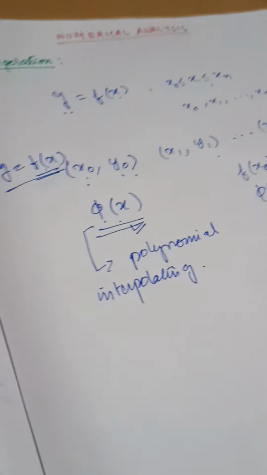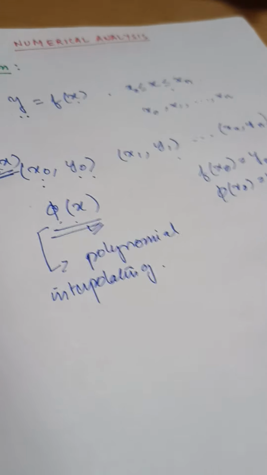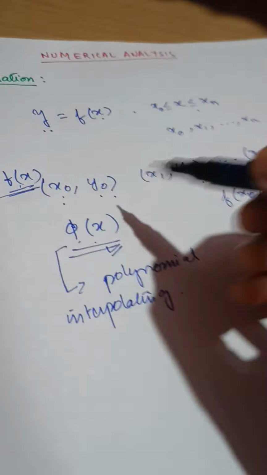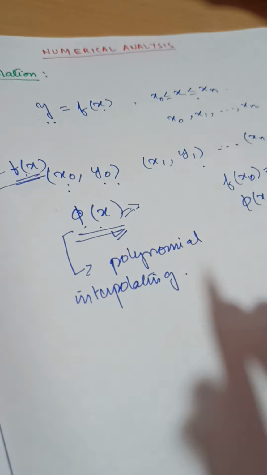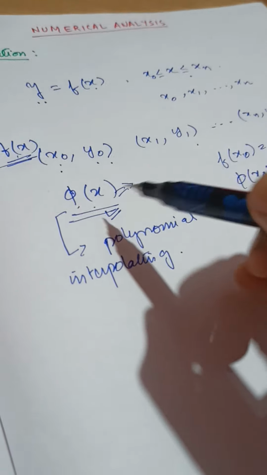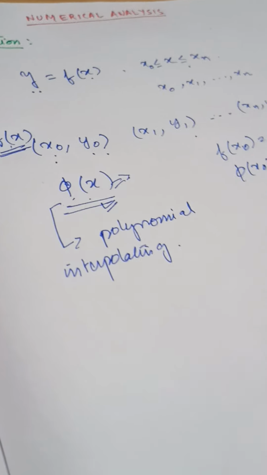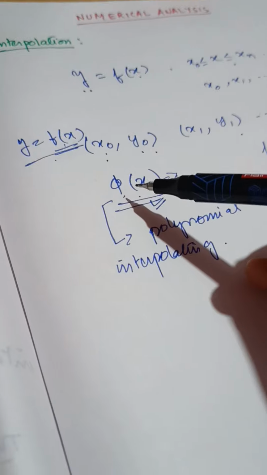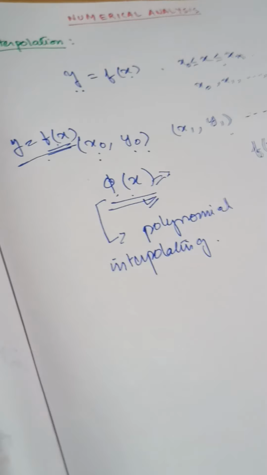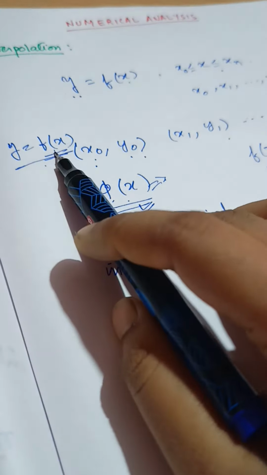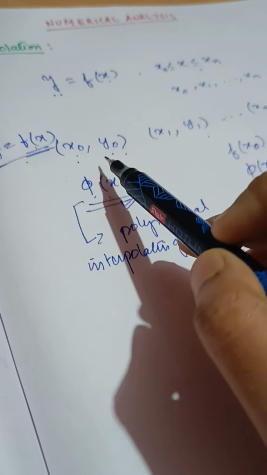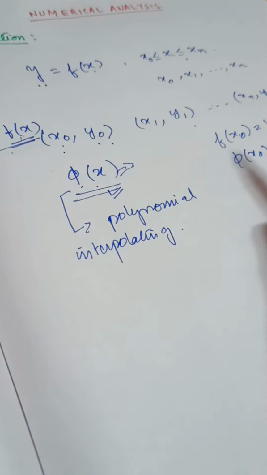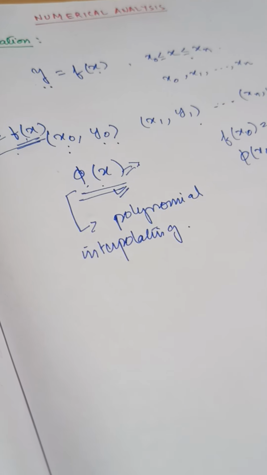Similarly, different types of interpolation can arise depending on what we consider phi(x) as. But in this chapter we'll focus on considering phi(x) as a polynomial, and hence we will get polynomial interpolation. So now one question arises: why are we saying that given a function f(x) we can always consider a polynomial? How can we say that we will always get a polynomial nearby this function f(x) which will agree at the same values? This we can say from the following theorem.